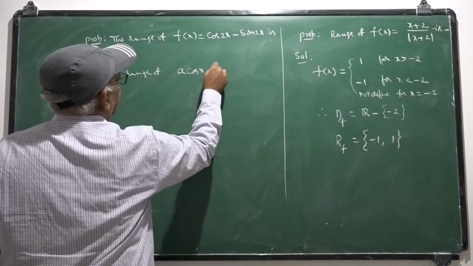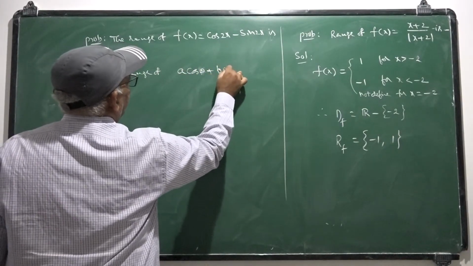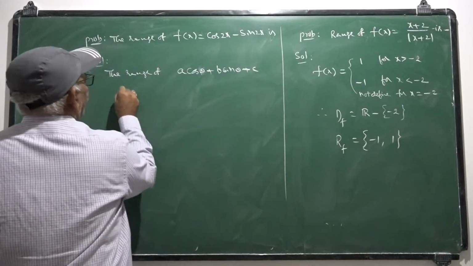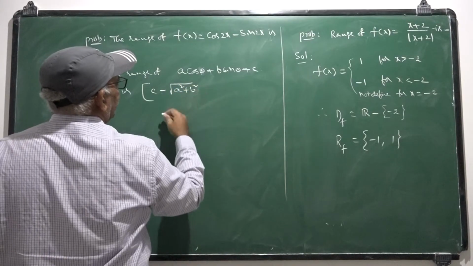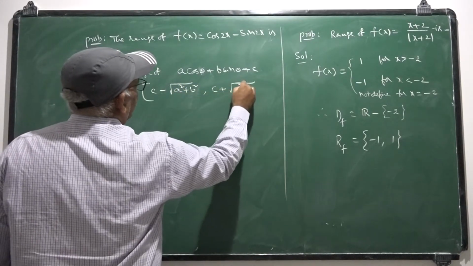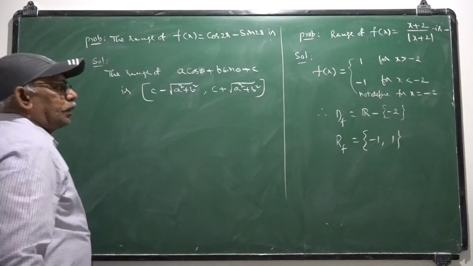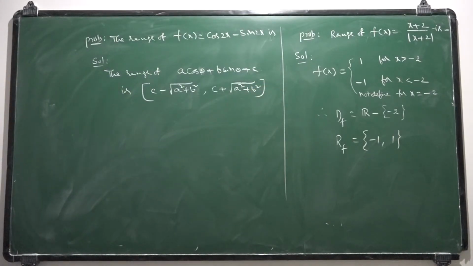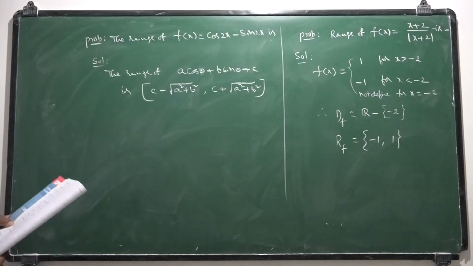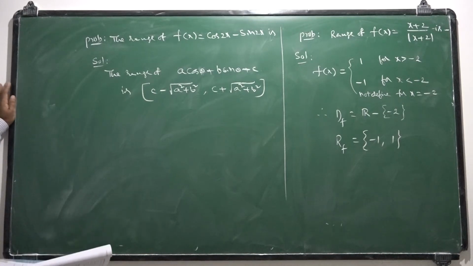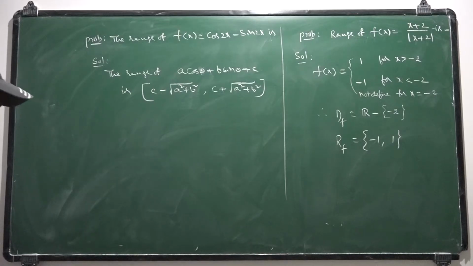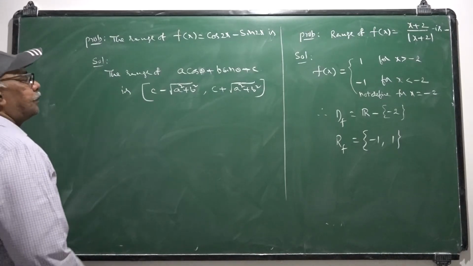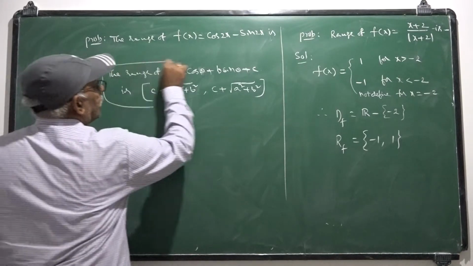The range of a cos theta plus b sin theta plus c is c minus under root a square plus b square to c plus under root a square plus b square. For all values of theta, the range of a cos theta plus b sin theta plus c is c minus root over a square plus b square, c plus root over a square plus b square. So based on this result,